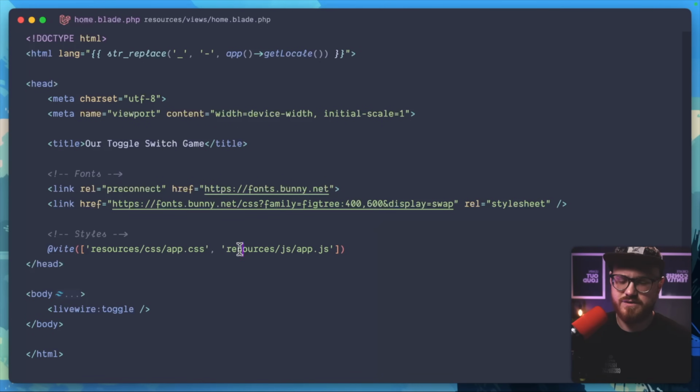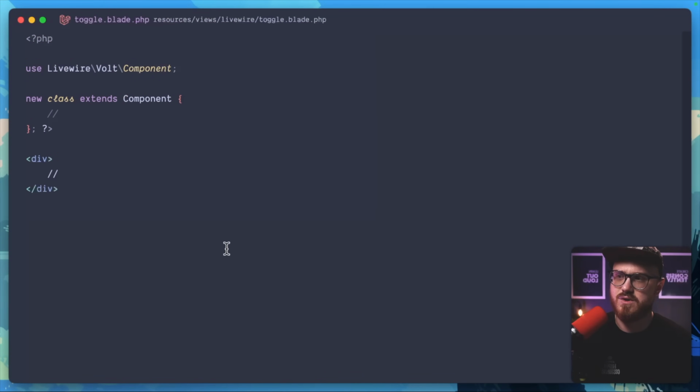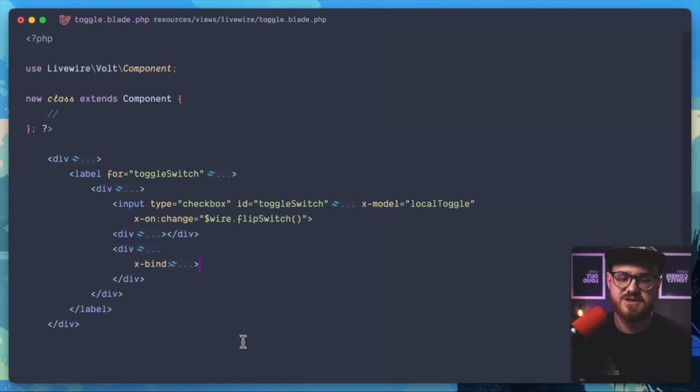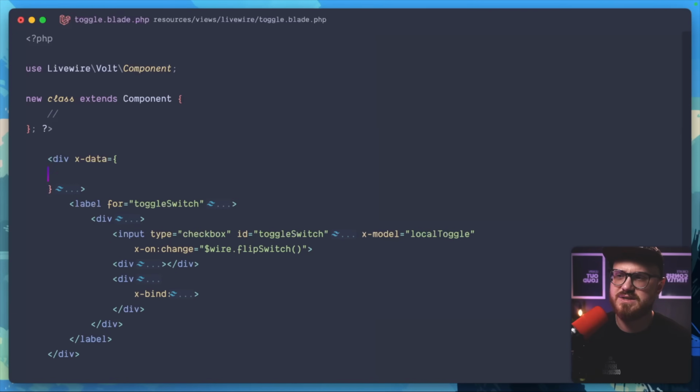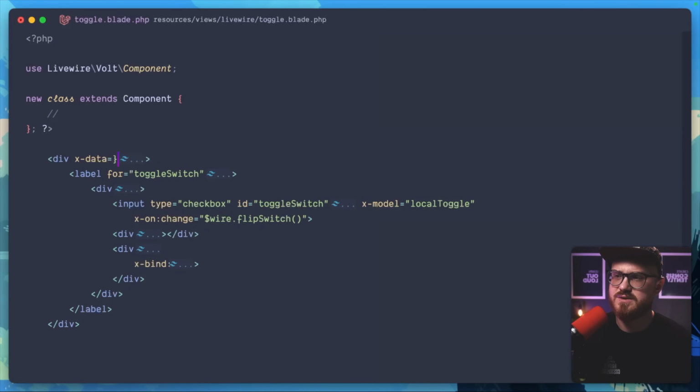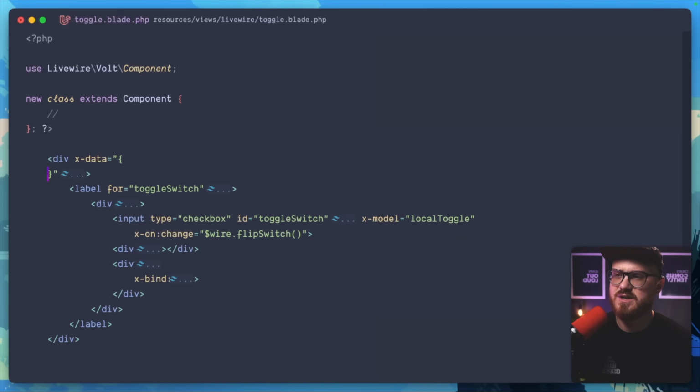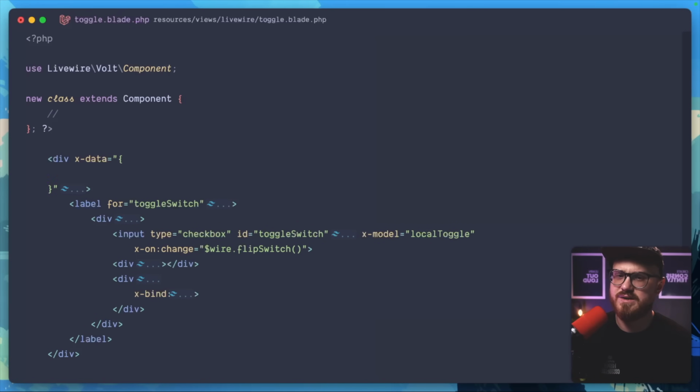Perfect. So the first thing I want to do is get a toggle on the page. I'm going to go ahead and paste this, but I'll show the full code in the GitHub repository. Basically, in this div, we're going to create a new x-data. This is Alpine. And what we're going to do is set up some local state. What that looks like is, oops, we'll need some quotations here. So we'll set up some local state, and basically we just want a